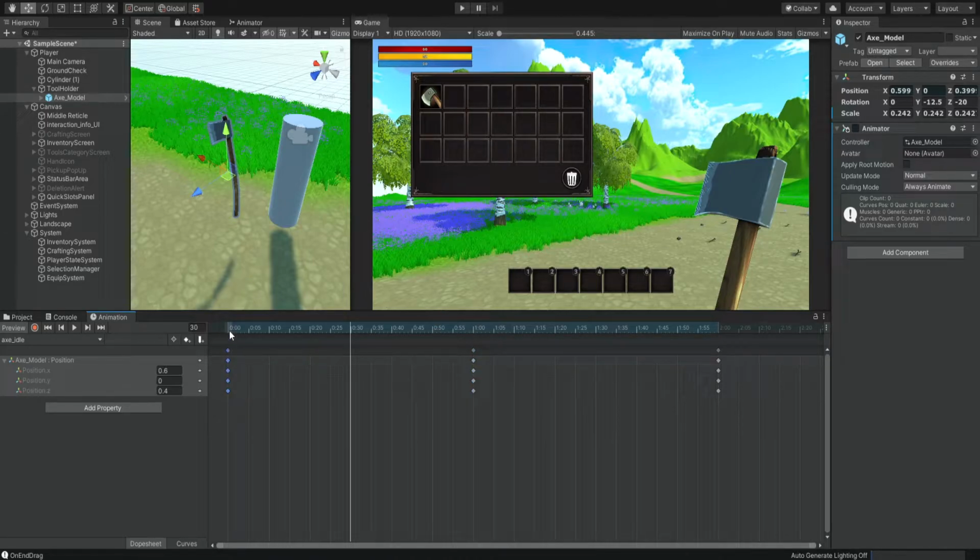So for now, all of them are the same, and the only change we're going to do is click on the middle one. We're going to select it so it's blue, okay? And over here, we're going to change the Y position to, let's say, something like that, okay? 0.06. So if we play the animation, we can see that the axe is idly swaying or moving. Maybe it's too much. Maybe we should just put it at 4.